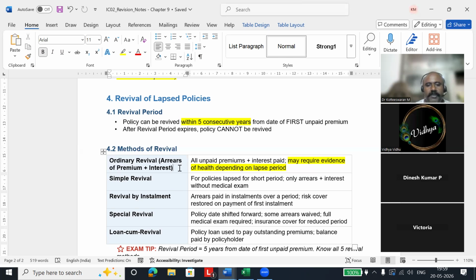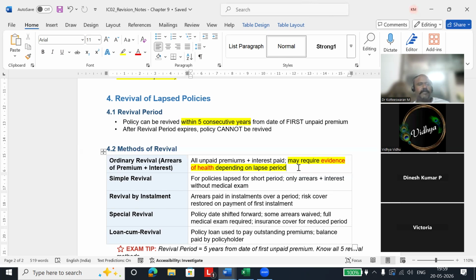But sometimes they will ask for evidence of insurability. Evidence of insurability is evidence of health. You need to submit your medical records again. They will check it. Then only they will approve your revival. Because